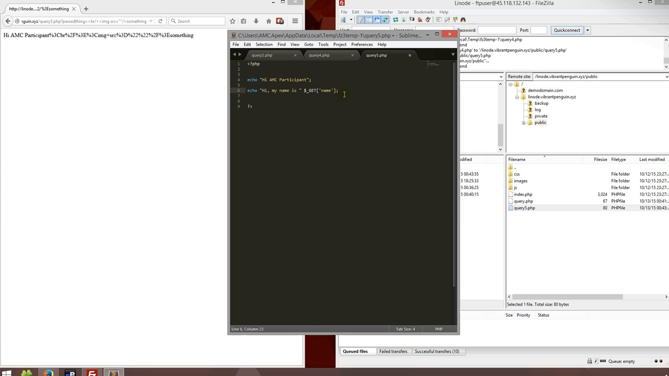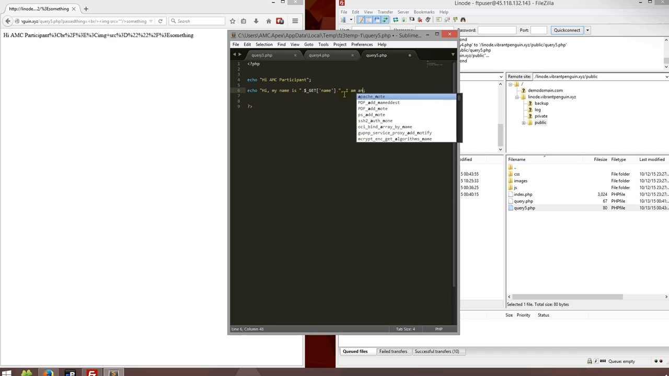Then we have to do something called concatenation. Now whenever you're going to merge normal raw text with PHP code, you need to put a dot to concatenate things like so. And then we need to put a dot there and a bracket and a quote here when we want to start writing normal text again. So we'd say, hey, my name is so-and-so. I am an AMC participant